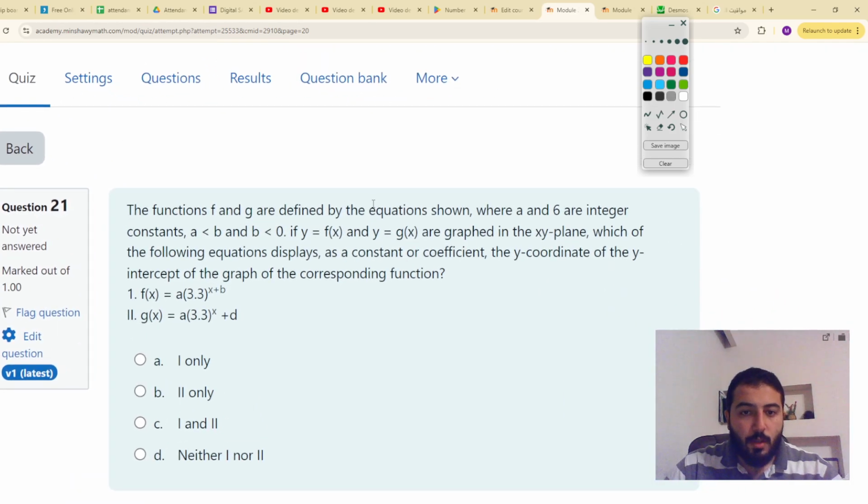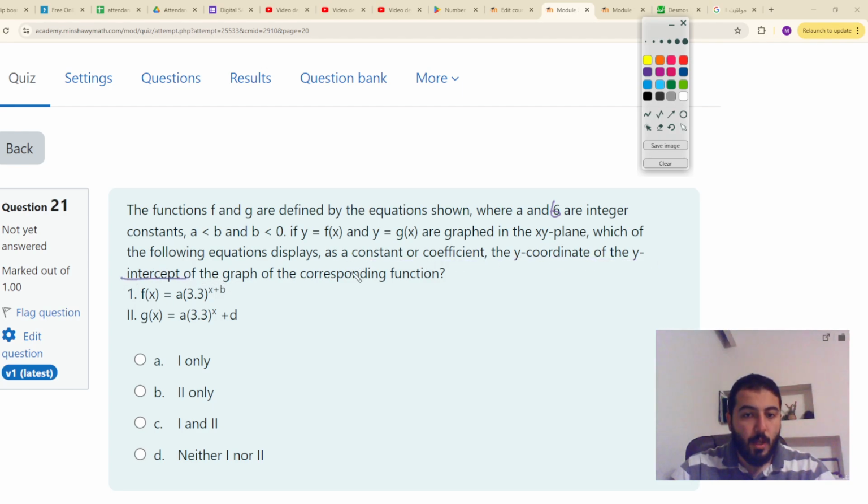The functions f and g are defined in the equation shown, where a and b are integers, constants. A is less than b, and b is less than 0. So a is a negative value because b is a negative value, and a is less than b. Graphed in the xy plane, which of the following equations displays as a constant or coefficient the y-coordinate of